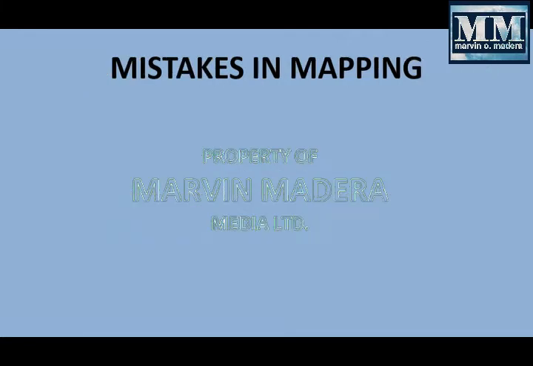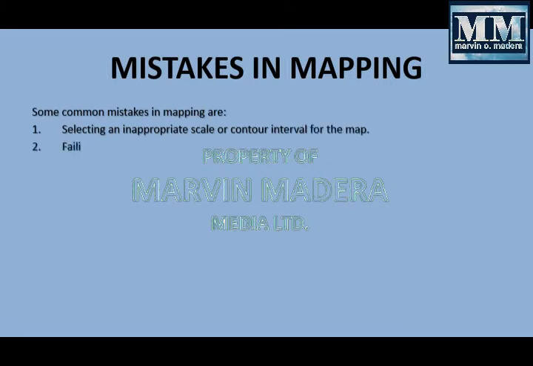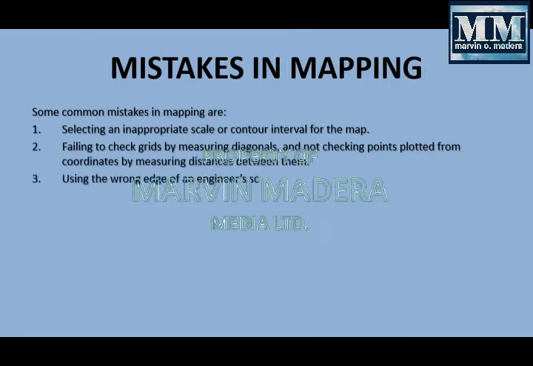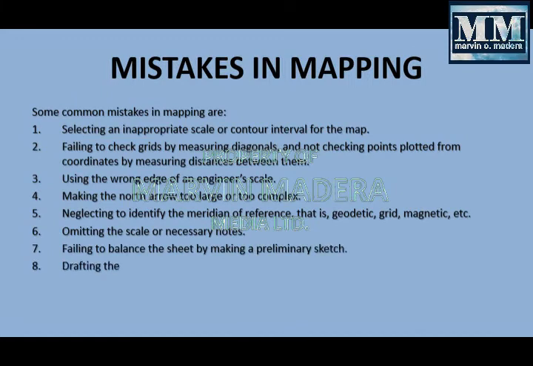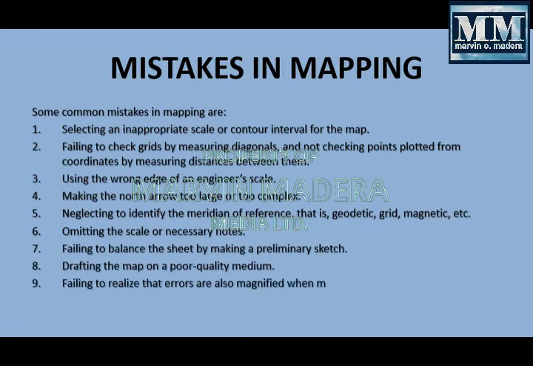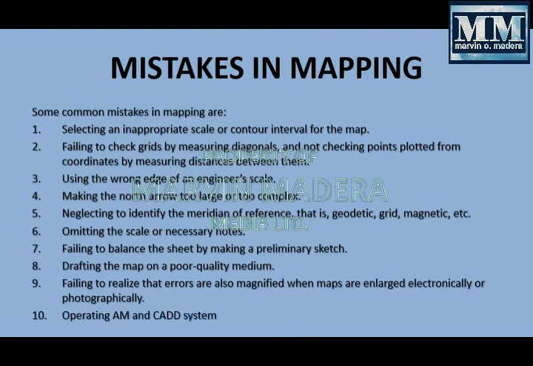Mistakes in mapping. Some common mistakes in mapping are selecting an inappropriate scale or contour interval for the map, failing to check grids by measuring diagonals, and not checking points plotted from the coordinates by measuring the distance between them, using the wrong edge of the engineer scale, making a north arrow too large or too complex, neglecting to identify the meridian or reference, that is geodetic grid, magnetic,